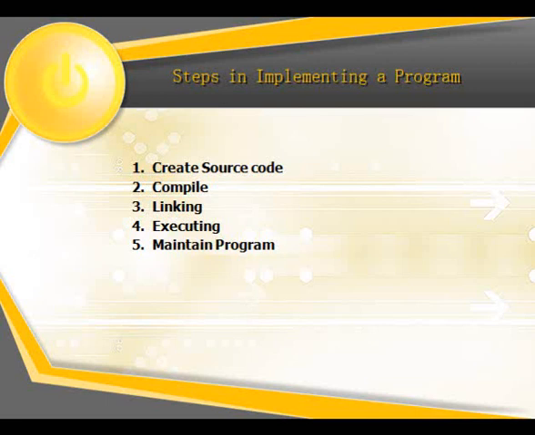Now, after you link all the relevant object codes together, you will do what we call executing. And don't worry about it, executing is just a big word for running your program. But at this level 6, we expect you to be using the word executing. But if you use run, nothing is wrong with it.